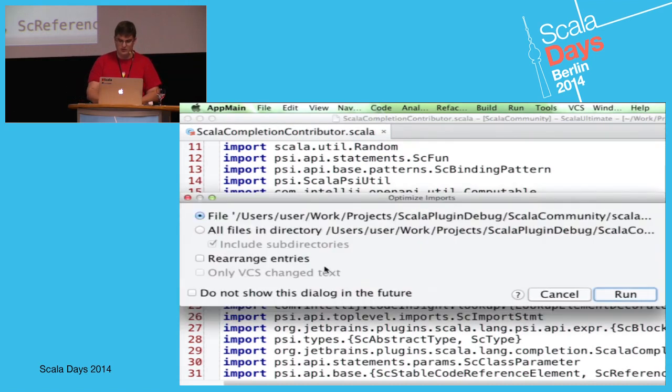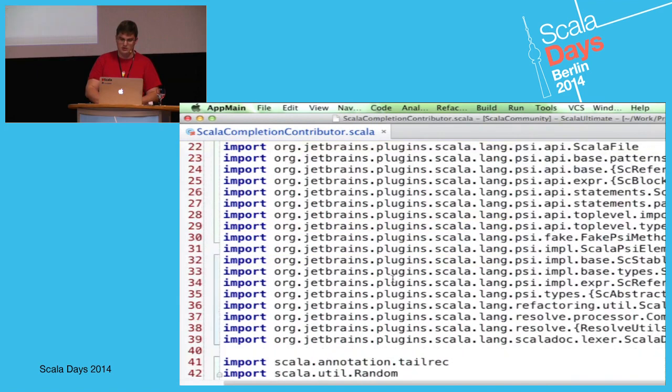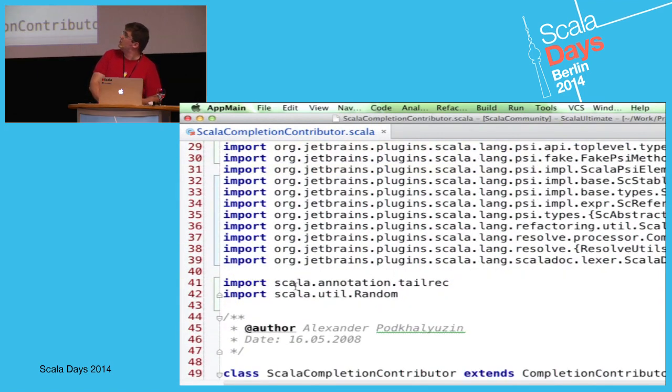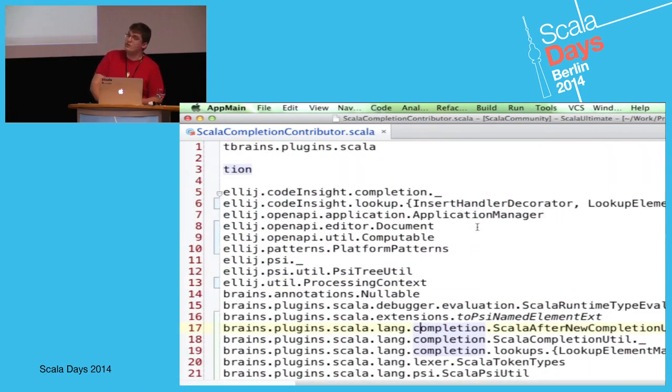So you can see, I'll invoke it, and right now the imports are perfectly sorted, and you can also see that Scala related imports are grouped into a separate section. Also, it's actually very important for merging two commits which change the same file, because if imports were added into the same place, it always means a merge conflict. So when imports are sorted lexicographically, the probability of a merge conflict is lower.